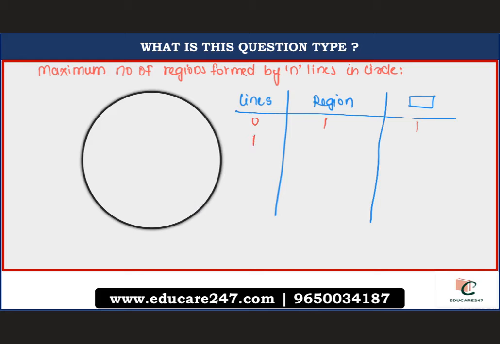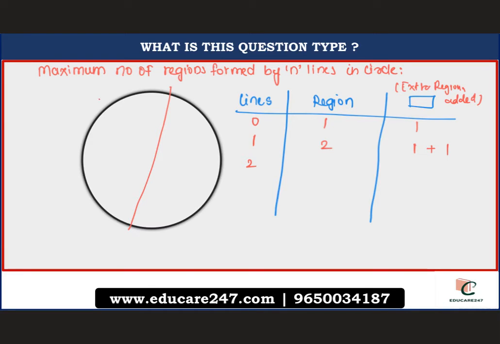When the number of lines is 1, let us draw one line over here. Now the number of regions is 1 and 2, so 2 regions are formed. With the help of one line you are able to form 2 regions. So here I take the 1 as it is plus 1. Here there is an addition of 1, so we can write over here extra region added for this column.